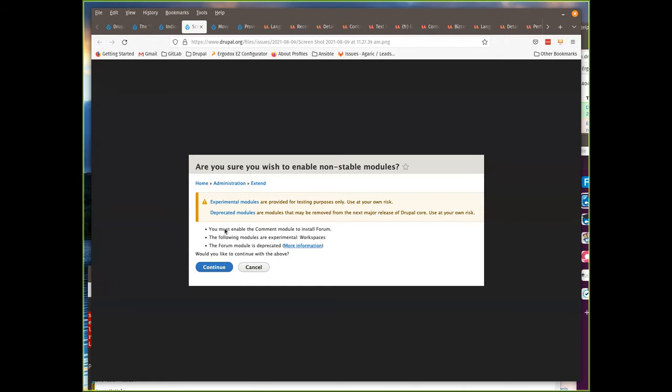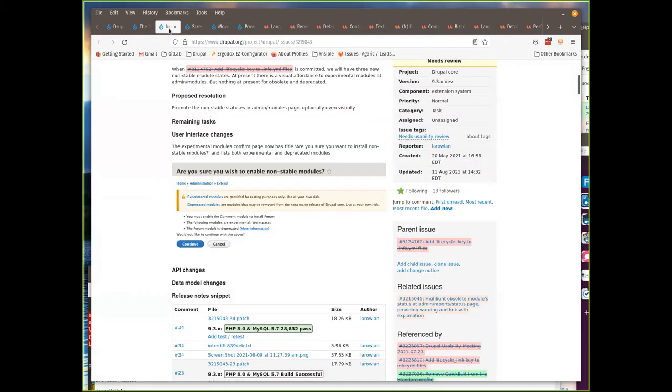And then there are more messages. The comment module has to be enabled in order to install forum. Workspaces is experimental and forum is deprecated. Would you like to continue with the above? Continue or cancel? So I think that more information link was a key addition there, because there was